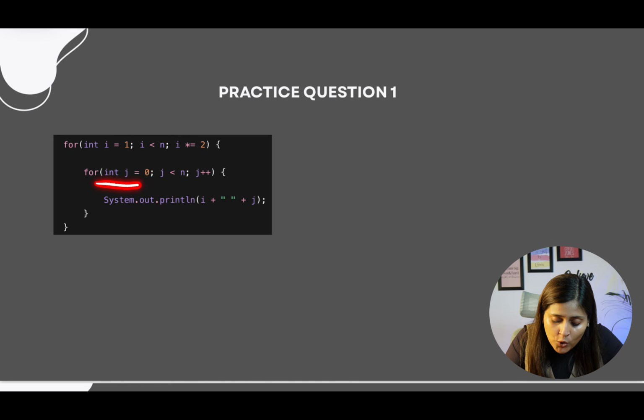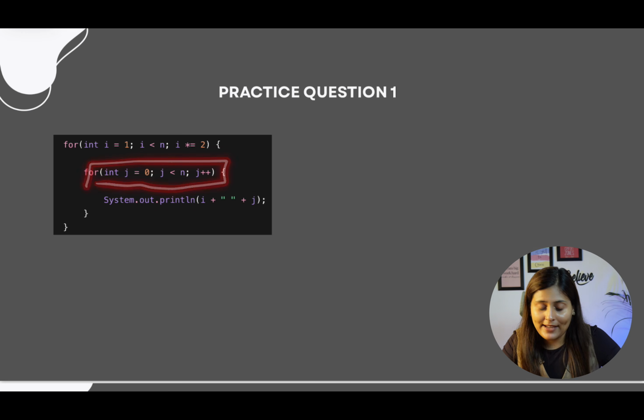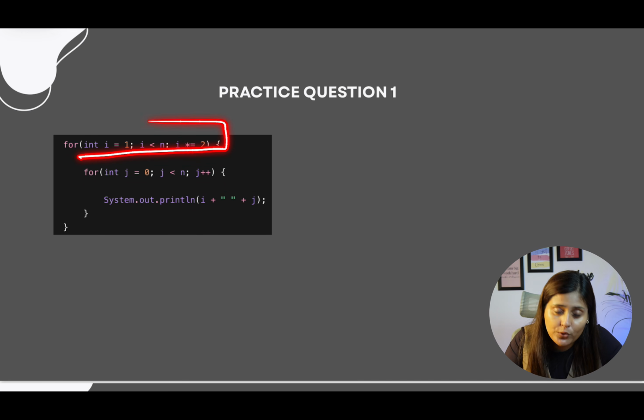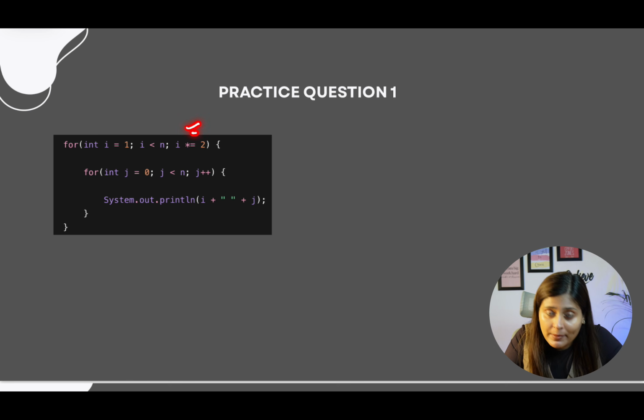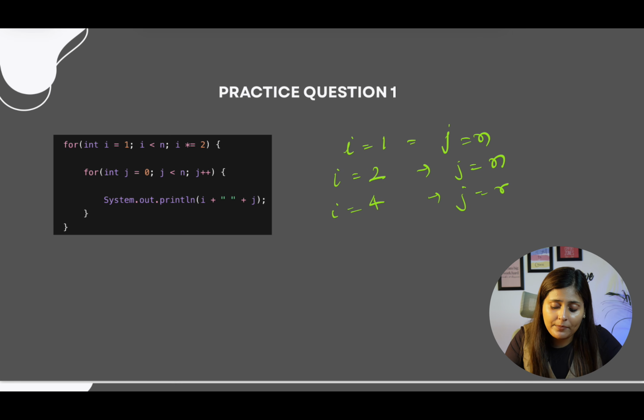See, this inner loop is for sure running for O of n times. But this outer loop, if you check, the i is not incrementing with plus 1. It is multiplying by 2. Means the inner loop will run for n time. Suppose i is equal to 1, j will run for n times. Now when i will be 2, j will also run for n time. Now i will be 4, j will run for n time. Now i will be 8 and j will run for n time. Suppose n was 8.